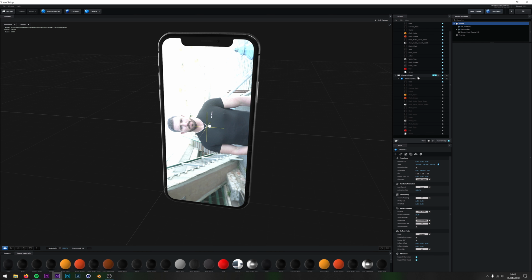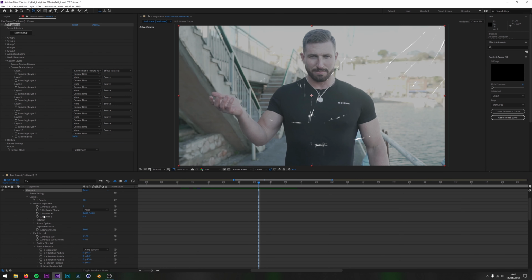The reason I've done that is because this allows me to have this on layer 1 and this on layer 2. The benefit of doing that means that when I come into my group settings, group 1 and group 2, I can adjust the opacity of this group separately to this group. So I don't need to adjust the opacity of this group because I'm just leaving the phone as it is. But I want the glass of the screen to disappear.